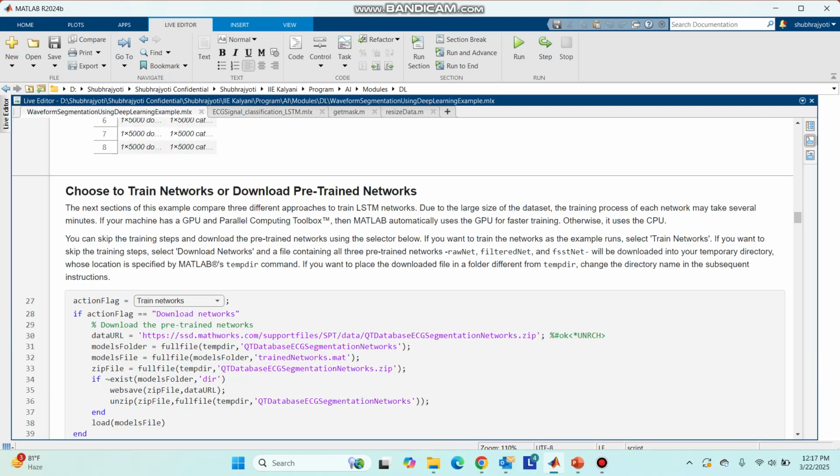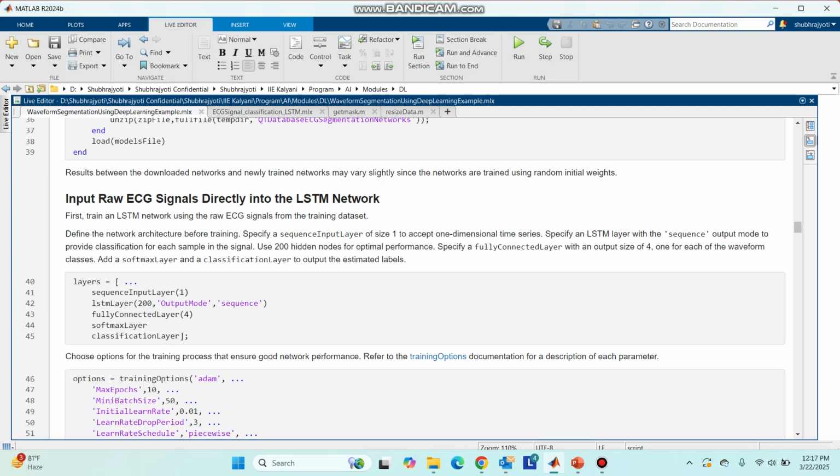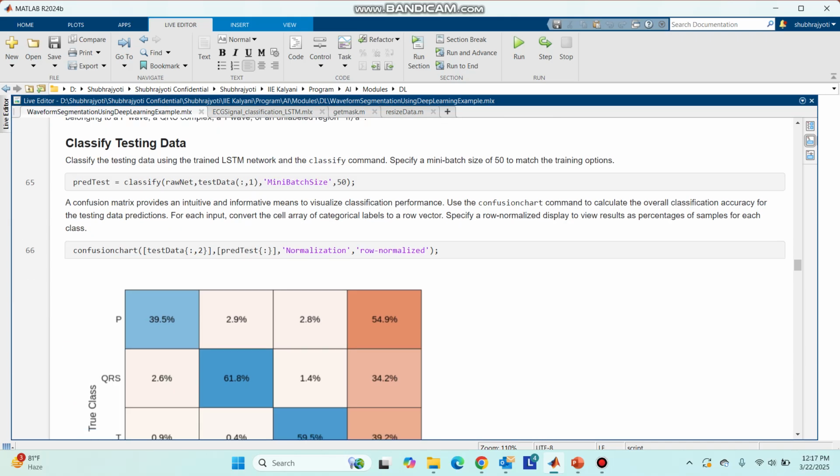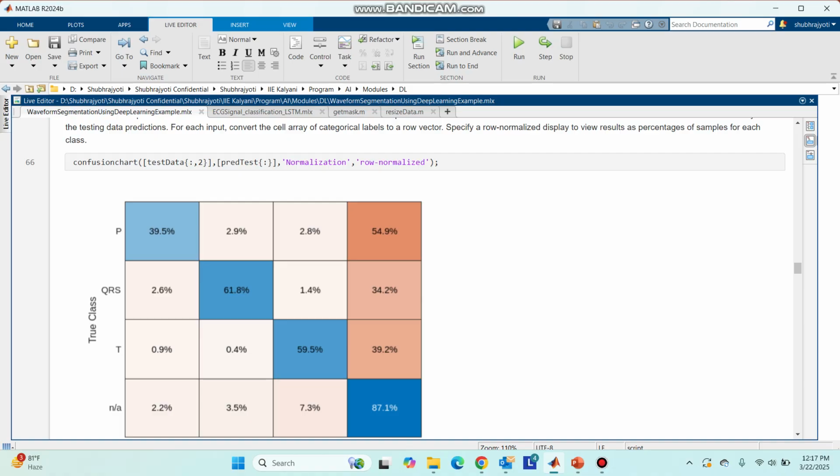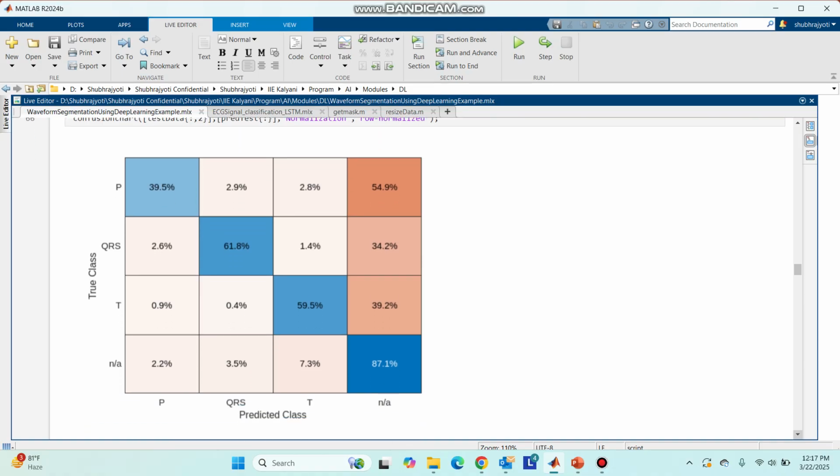Now you can directly visualize this from here. This is the confusion chart, where all these classes are there: P, Q, R, S, T, and the not applicable class that we have already taken. You can see that 40% of the signal belongs to the P class, the QRS class belongs to 2.6% of the data, and the remaining 0.9% of the data belongs to the T class. Okay, and the remaining part is